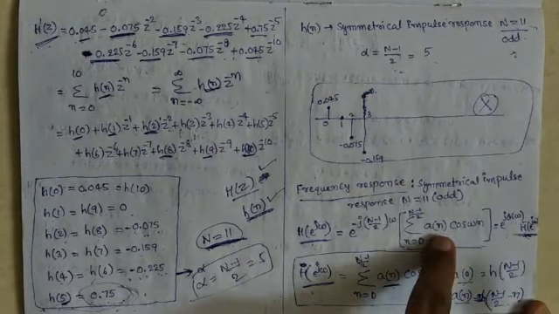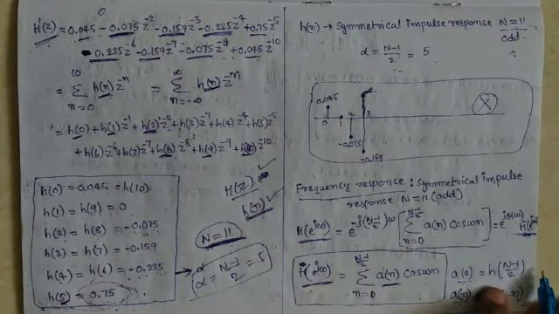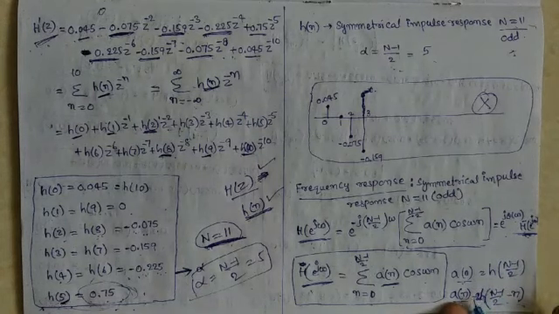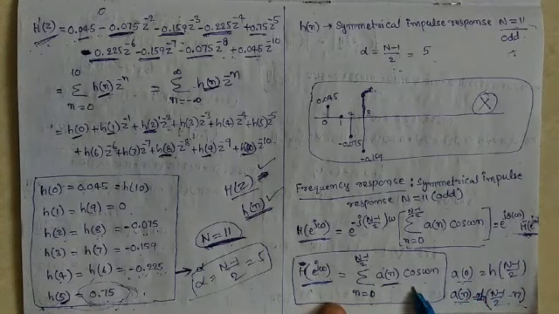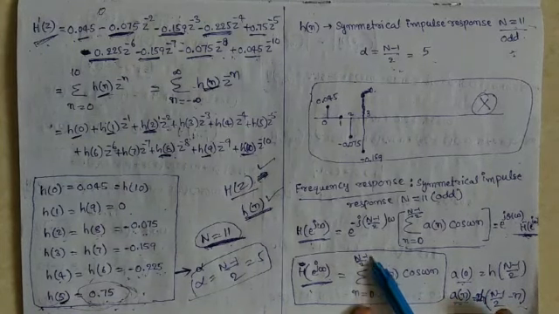Here how to calculate the a naught value, a of 0 value? Here for this case a of 0 is calculated by using this formula, it is h of capital N minus 1 by 2. Here how we can calculate the a of n value? Here this a of n value is calculated by using this formula, it is 2 into h of capital N minus 1 by 2 minus n. Here first of all, before going to determine this h bar of e power j omega, we are determining a of n value corresponding n is equal to 0 to capital N minus 1 by 2.